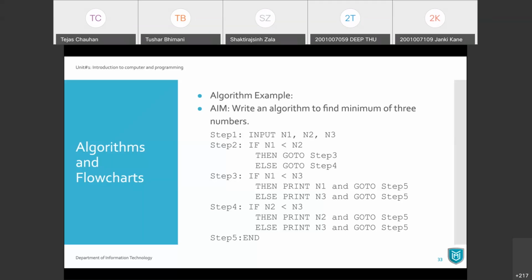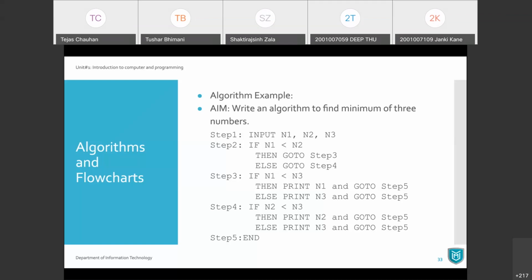Or you can compare in a different manner also. You can assume that n1 is the minimum one, and then you compare n1 with n2. If n2 is smaller, you update your minimum, and then you compare your current minimum with n3, and so on.